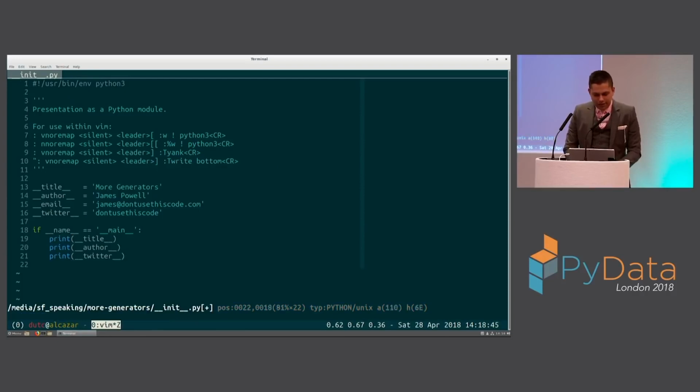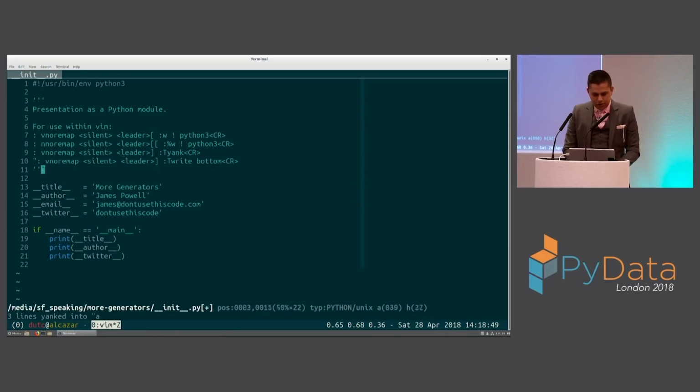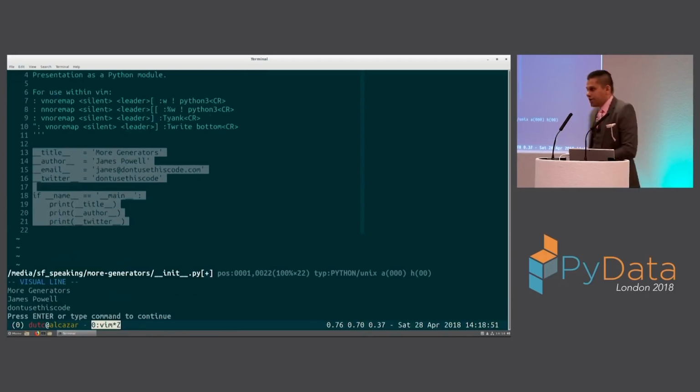Now, as you can see at the top of my file here, I have a couple of simple Vim macros just to make my life easier. So, as we go through this, I'll be pressing one of those key combos, and you'll see some output at the bottom of the screen. And so let's see if we can use that to kind of follow along.